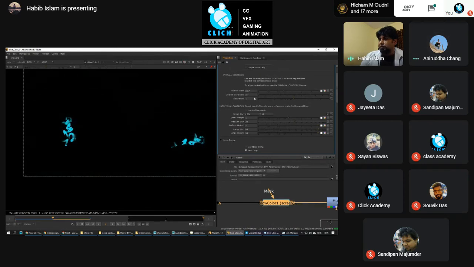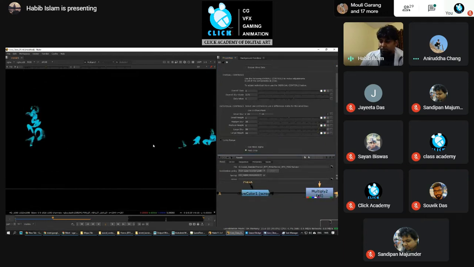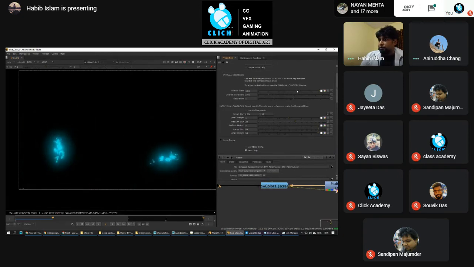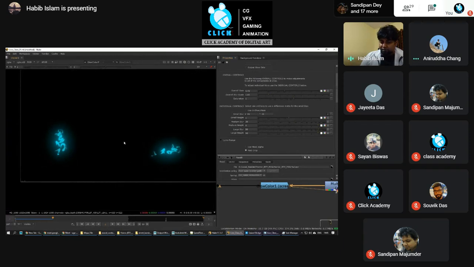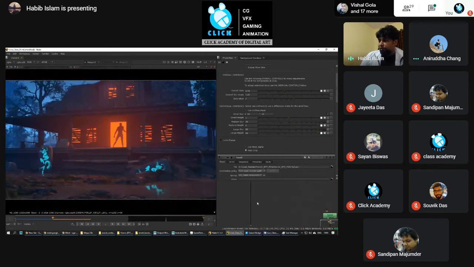You can adjust the size of the blur. You can adjust the intensity of the blur. There are some extra settings as well. So again, this is the emission pass. This is after adding glow. I've added a little more glow so that it will look like a light. Then on this pass, I'm adding that glow separately on top of this output. So this is the glow.